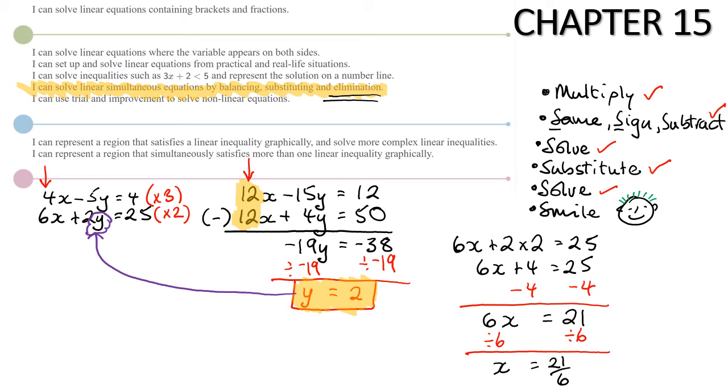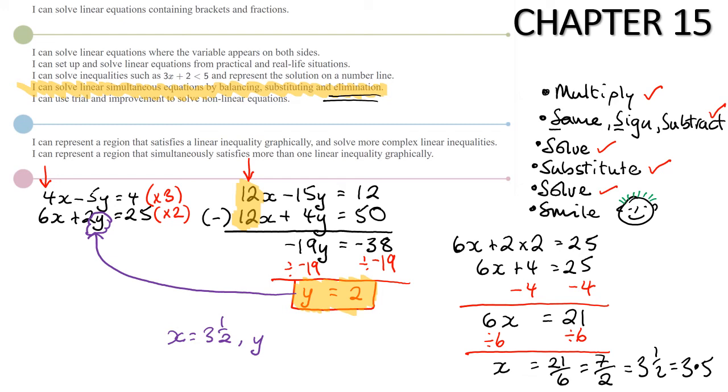Now we can simplify that. We can divide both of those by 3 and we get 7 over 2, which we could write instead as 3.5. Any one of those is fine. So our final solution is x equals 3.5,